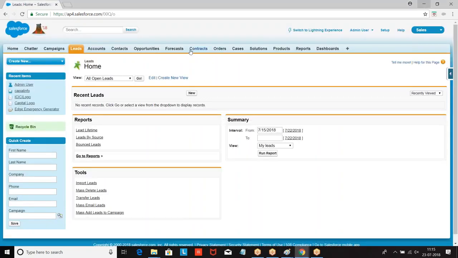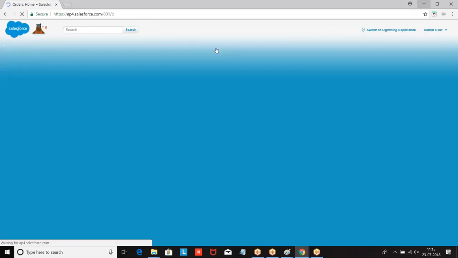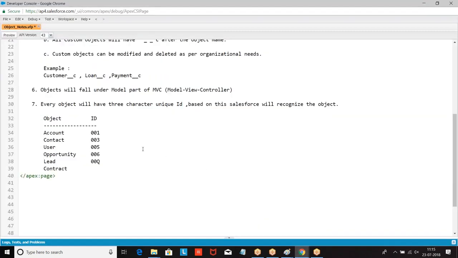Contract will have 800, order 801, case 500. These are frequently used objects. Like this, every object will have a 3-character unique ID, and based on that ID, Salesforce will recognize the object.